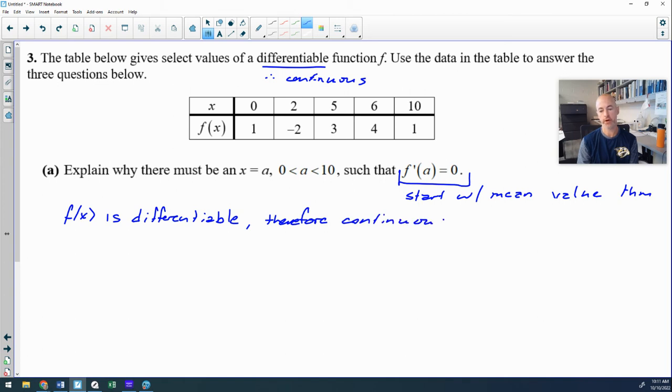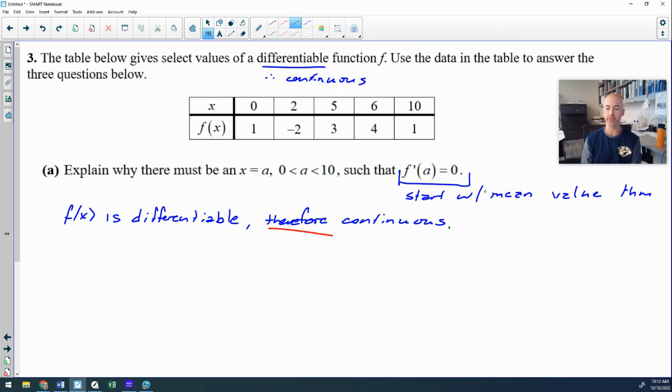And you must word it that way in some related sense. You cannot simply say f of x is differentiable and continuous, because that doesn't convey to the reader that you understand the relationship between those two. So we have to say that the function is continuous because it is differentiable. F is differentiable, therefore it is continuous. So you have to explicitly communicate that you understand that relationship. So f is differentiable, therefore continuous.